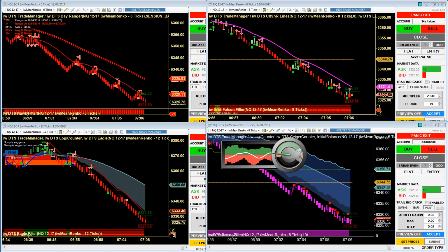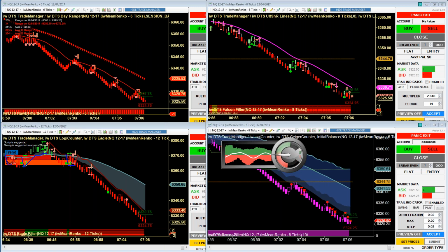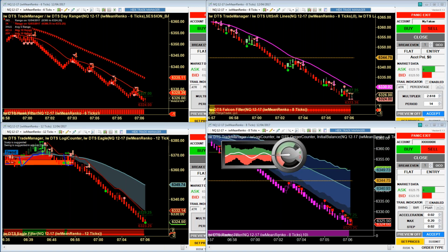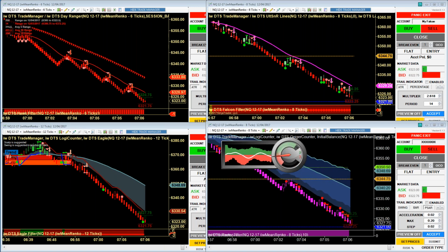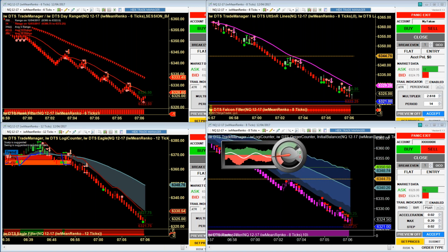Regarding rollover dates, you can do what Mark suggests here. Mark says, I have a market analyzer set up as a rollover guide. And when the volume on the new contract exceeds the volume on the old one, that's when I roll to the new contract. Another shortcut is you can go here to